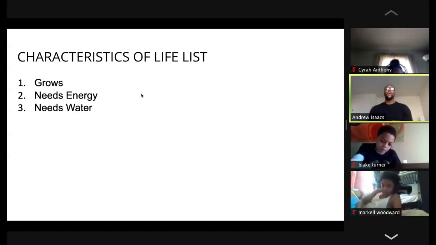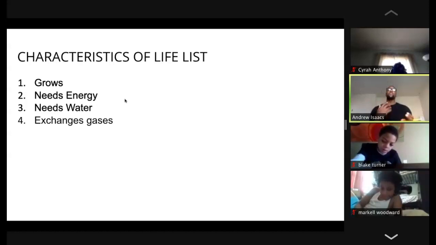What is our fourth characteristic of life, right? And Deshaun put breathes, but because it breathes, we also talk about that being the exchange of gases, right? So when humans breathe, they inhale oxygen, they exhale CO2, and that is their exchange of gas, right? Our fifth characteristic of life, can somebody raise their hand and share what their fifth characteristic of life is, if you remember?